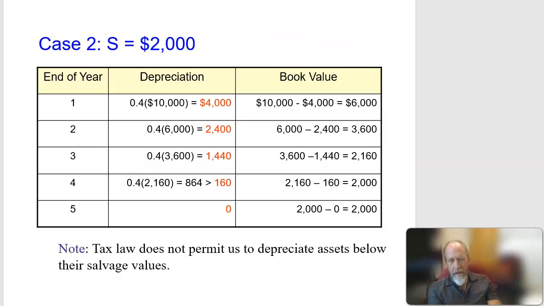What's the point of this? You can't go below the salvage value of the piece of equipment. However, you would like to depreciate it fairly over a period of time. Now, it's a business decision. You can do the calculations. We're going to tell you which way it's going to be depreciated in problems that I give you, but in the end, it's a business decision. So, who's going to be making it? Well, if you're the businessman, you will. Or potentially, you'll consult with your accountant,